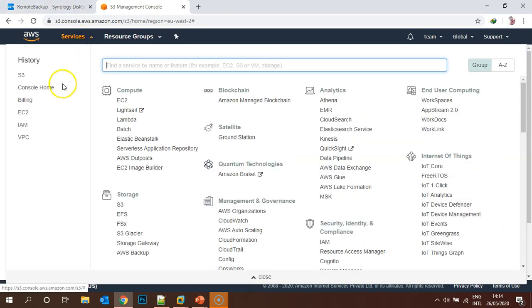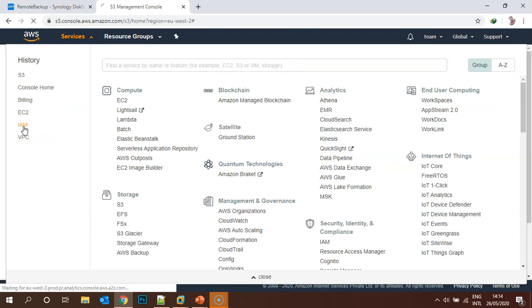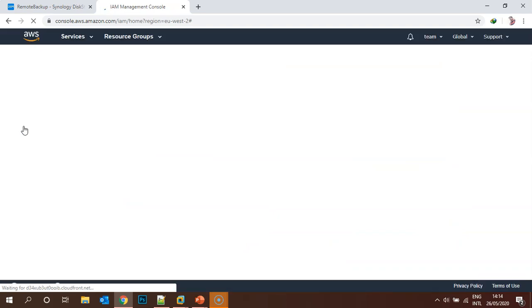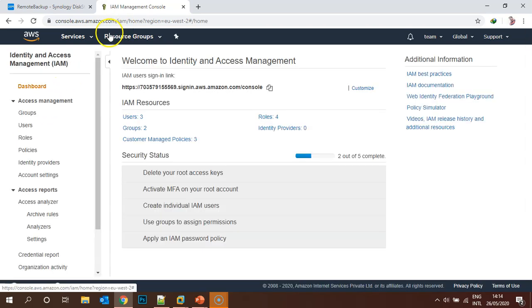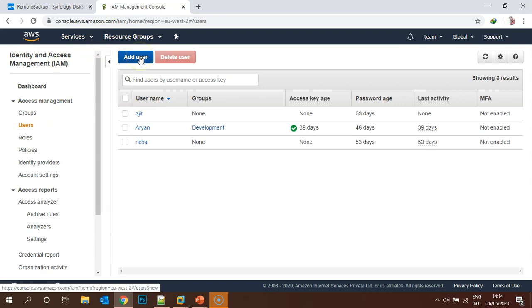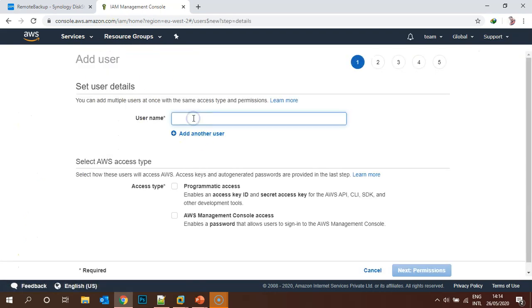Once the bucket is created, you need to create a user who will handle the backups. Let's click on services, IAM. Under IAM, I'll create a user, add user. The username should be backup.